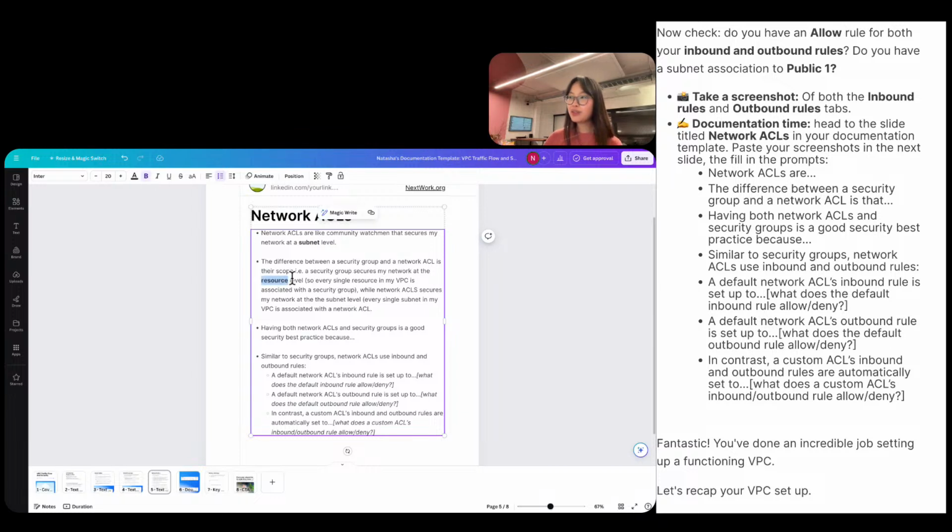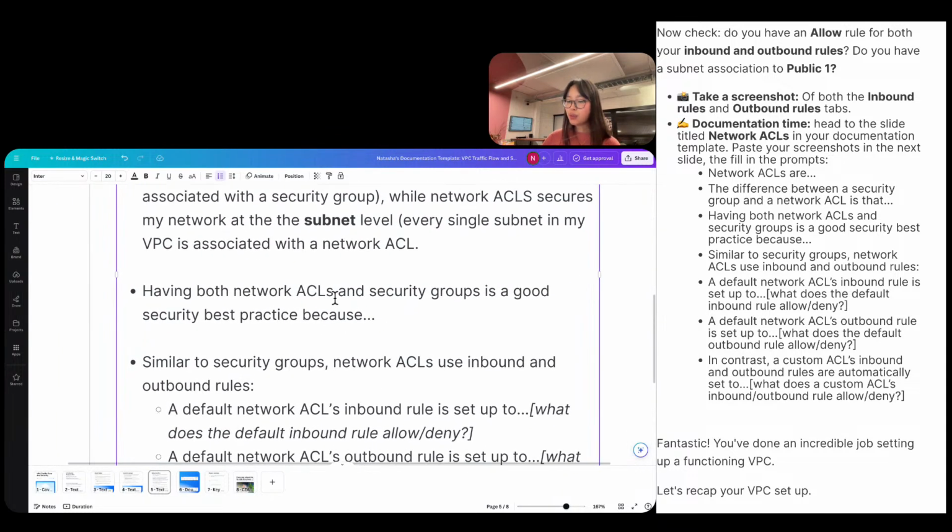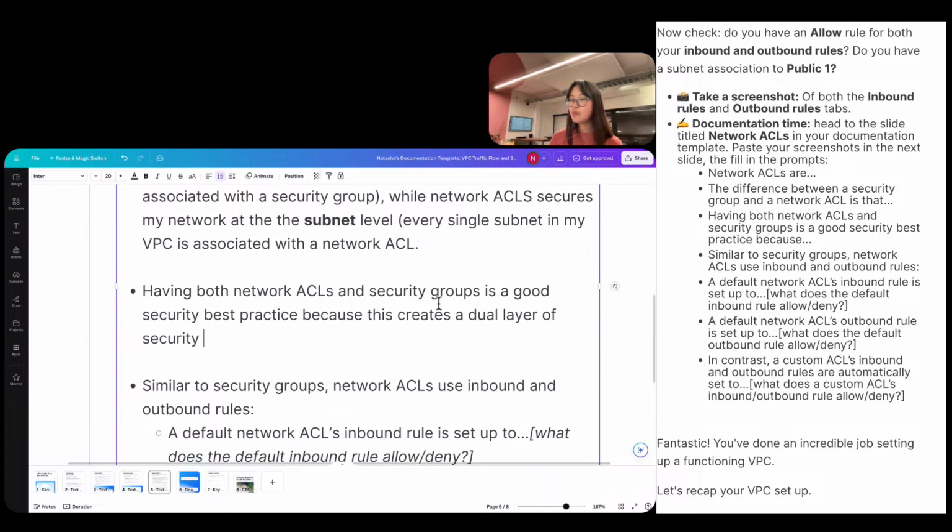And I'm going to bold the words resource and subnet just to make things very clear. Having both, oh my goodness, I should probably zoom in, shouldn't I? Having both network ACLs and security groups is a good security best practice because this creates a dual layer of security that makes sure